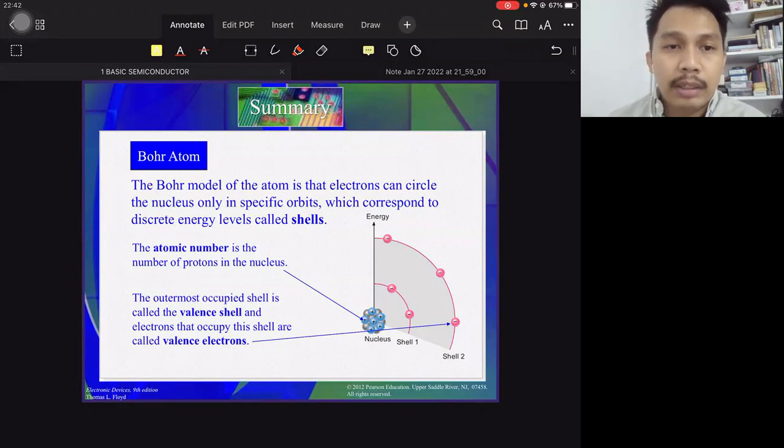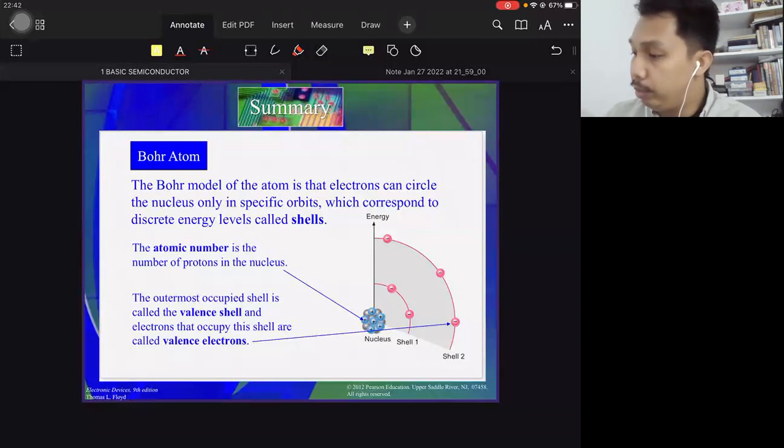In an atom, the orbits are grouped into energy levels known as shells. A given atom has a fixed number of shells. Each shell has a fixed number of electrons. The shells, that is, the energy levels, are designated 1, 2, 3, and so on, with 1 being closest to the nucleus. The Bohr model of the silicon atom will be drawn